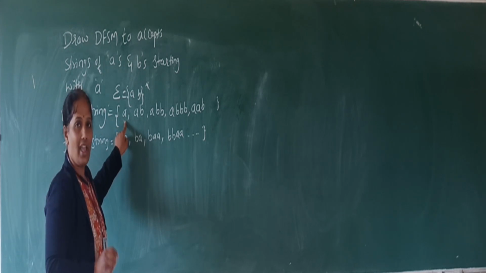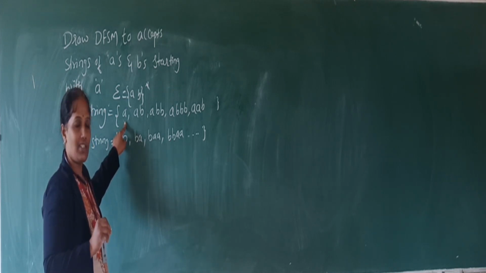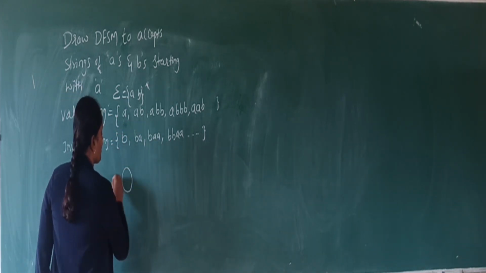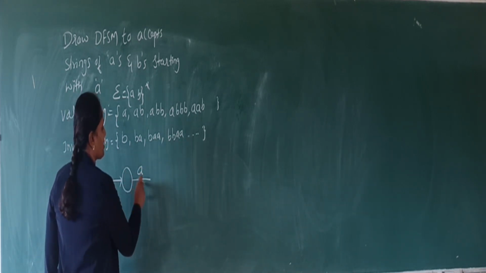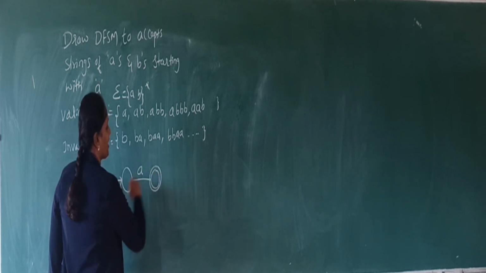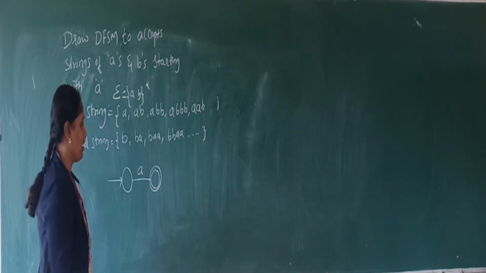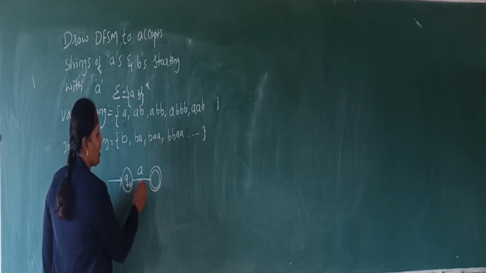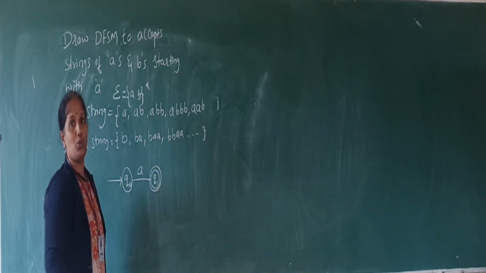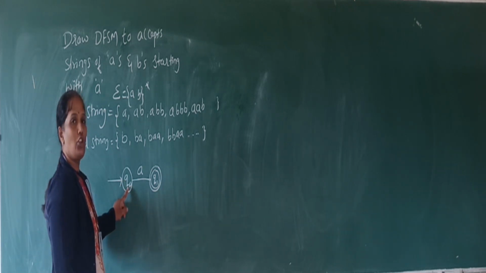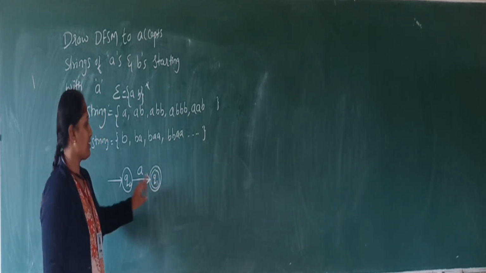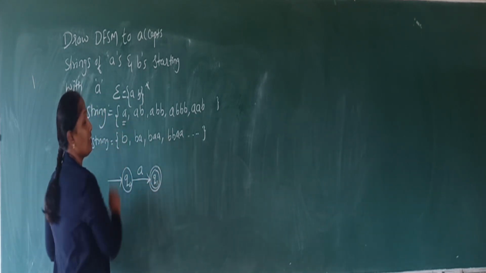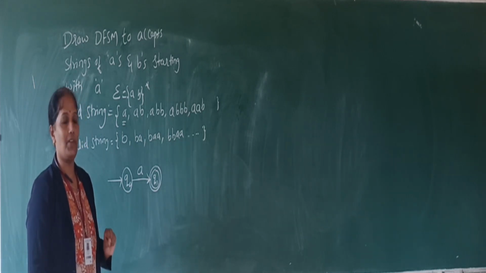Here the minimum string in the valid string list has a single character. So how many states do I require for this DFSM? Two states. The first is the start state, and the second state is reached after accepting A, and that is the accepting state. Next, you give names to the states. Here I will give Q0 and Q1. When I am in the Q0 state, if A comes at the first time, then I accept it. So this is the DFSM to accept the first string of the language.